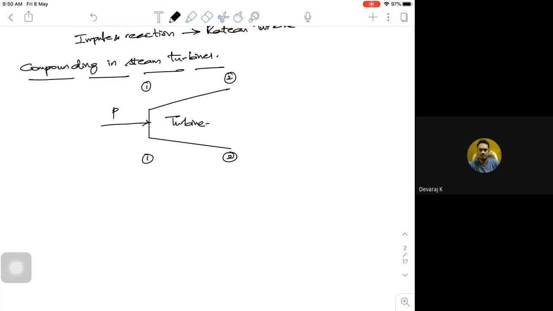This is a turbine. It enters at some pressure P1 and exits at some pressure P2. Suppose I assume that the operating pressure is very high, above the critical pressure. So P1 as well as T1, and P2, T2, with the corresponding density and other properties. Now, suppose it's operating at very high pressure, let's assume around 350 bar.